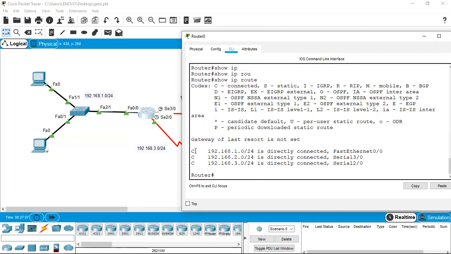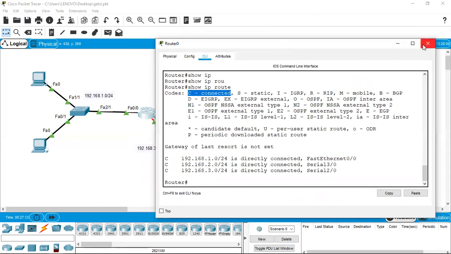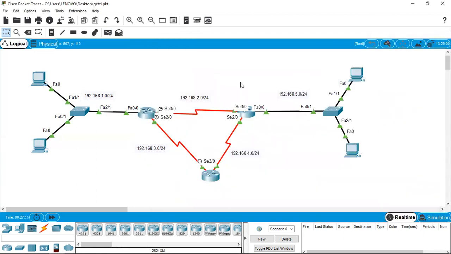And the legend also indicates that it is a connected network. So please remember, any router has an entry for its connected networks in its routing table. You have got one network here, another network here, another network here. So there are 3 networks directly connected with this router, and the routing table has entries for all these 3.